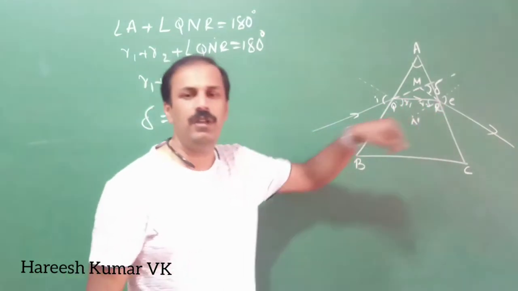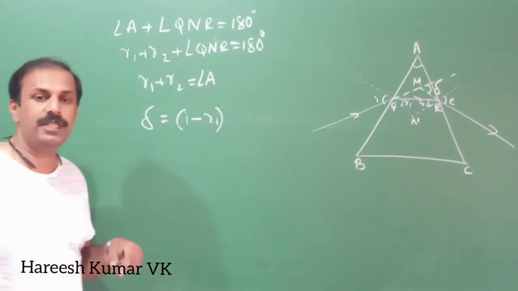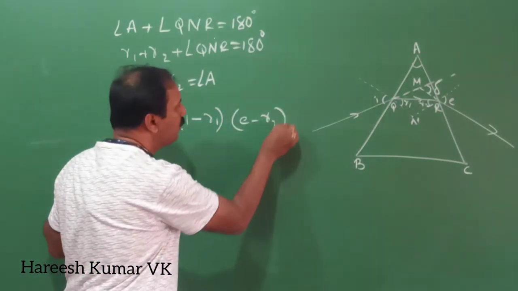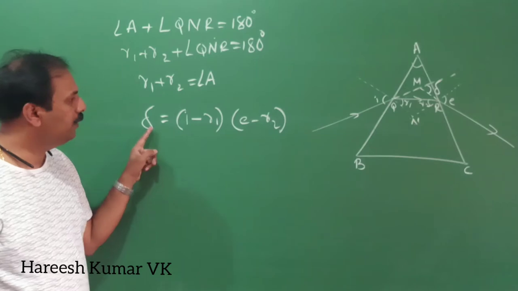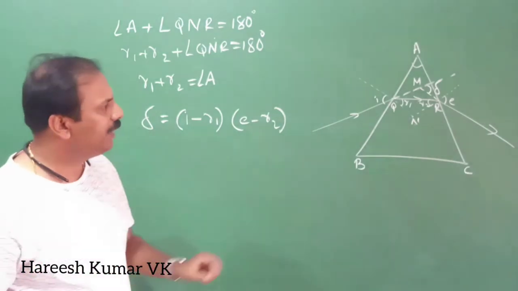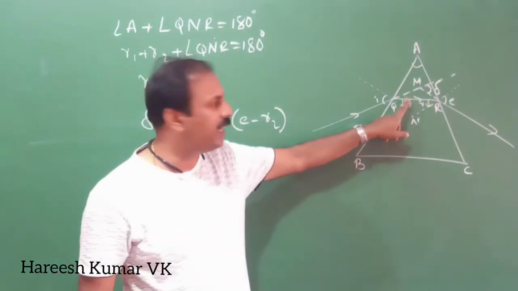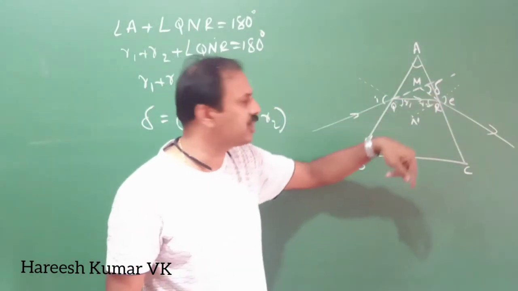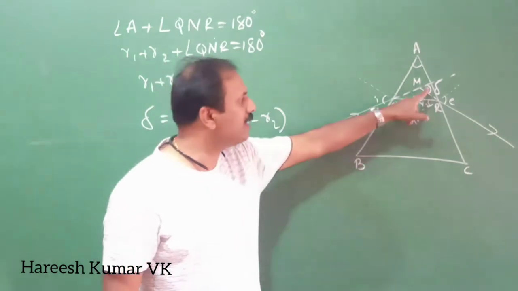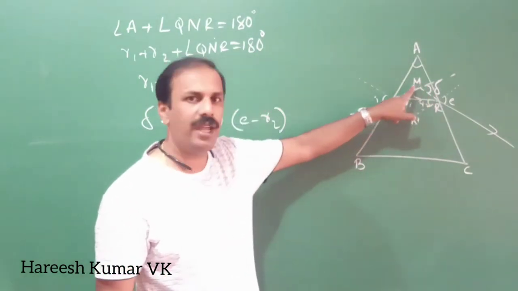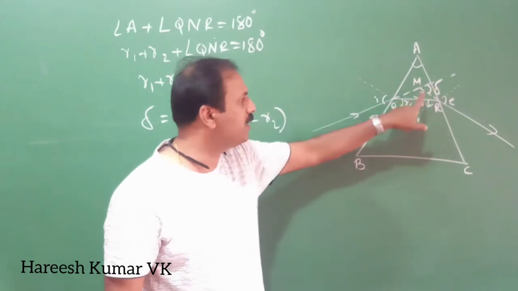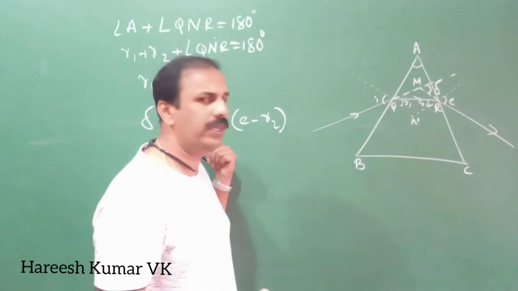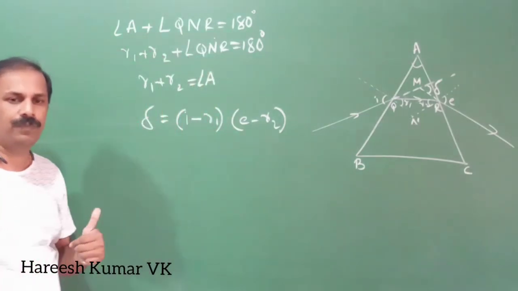Similarly, this side, what will be the deviation? That point deviation can be taken in the same way, E minus R2. So we have deviation here. So once more, listen to what is happening here. Here one deviation is there, and here another deviation is there. Those two deviations make this total deviation. Like that you can calculate. Otherwise you simply take this triangle. If you take this triangle also, this exterior angle should be equal to the sum of these two angles. That way also you can take. In both cases you will get the same equation here.